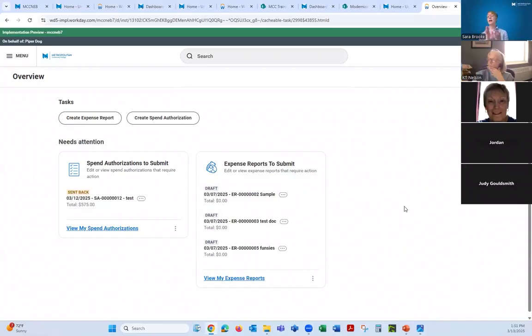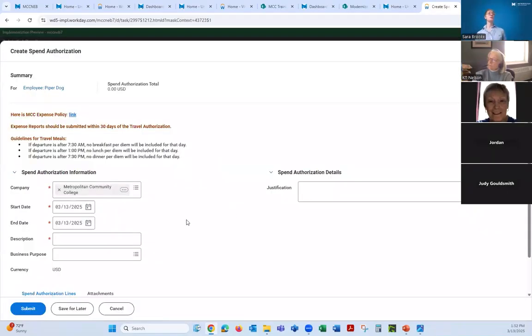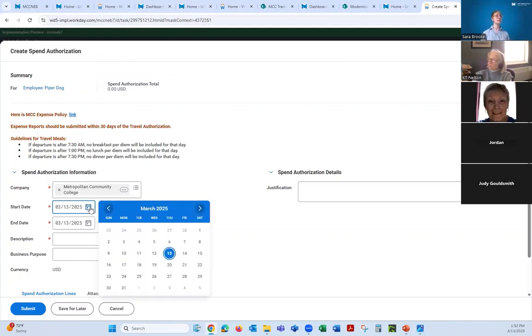Okay, so now I heard someone asking about spend authorizations and maybe adding additional lines on a spend authorization. So maybe let's take a quick look at that since we have a few minutes before 2 o'clock. The setup does look very similar. For these spend authorizations or travel authorizations, you won't need any attachments, but you can upload them if you have them. So we'll just put a date in the future